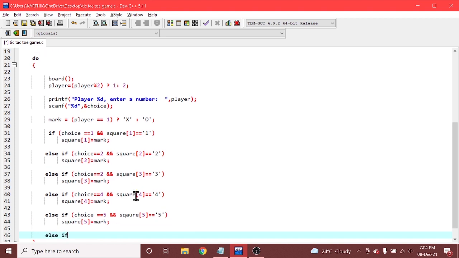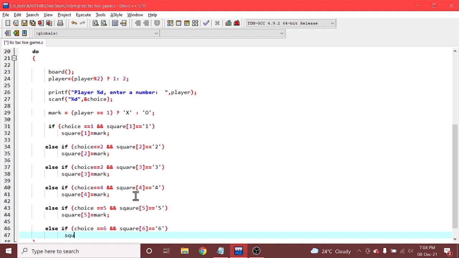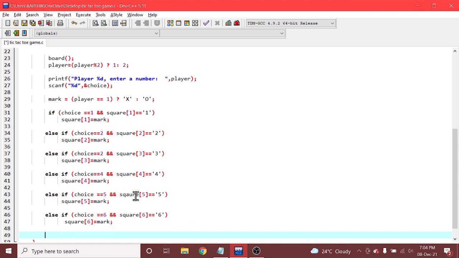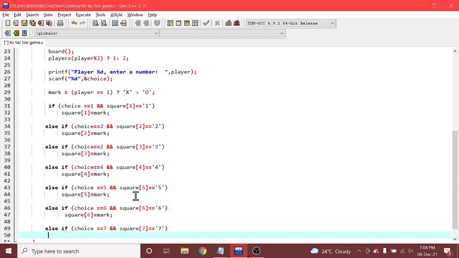Similarly for 6 also, else if choice is equal to 6 and square of 6 is equal to 6, we are telling square of 6 is equal to mark. And again taking an else if case for 7, choice is equal to 7 and square of 7 is equal to 7, then we are telling square of 7 is equal to mark.